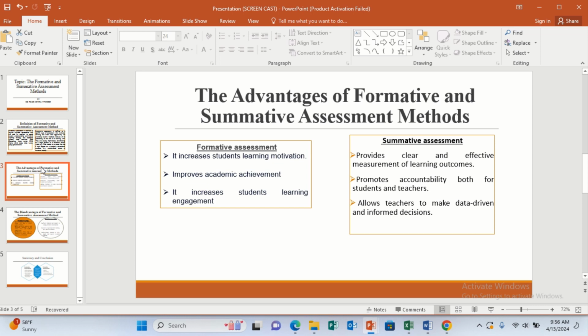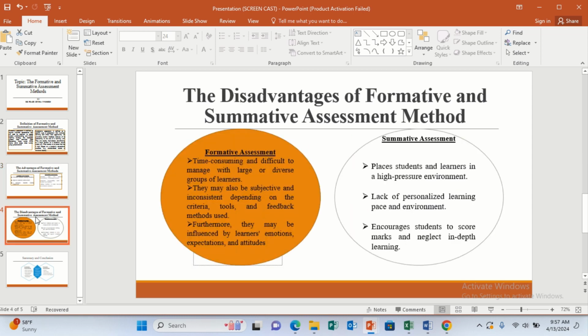When did I talk about promoting accountability? Here now, as a teacher, you'll be able to know your learners' performance ratios, how they performed in your subjects, and be able to know where you're supposed to improve on and how you're supposed to help or support your learners in their learning. Now we're going to be looking at the disadvantages of using formative and summative assessment method